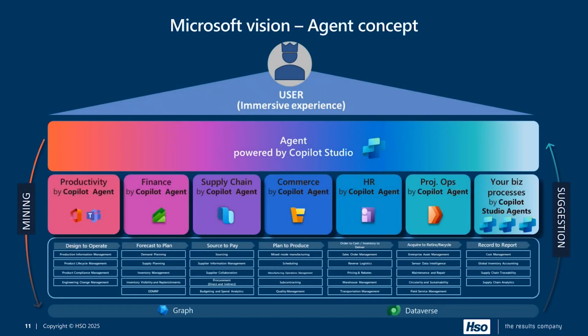So the layer, as Microsoft sees it in future, will be like this, where we still have our high-level business processes designed to operate, forecast to plan, etc., supported by the tools you'll be familiar with: Microsoft Finance, supply chain management, HR, all of those kinds of things. But over the top, more and more, the data will be mined and the suggestions will come back up to the agent layer. So you're able to operate much more efficiently and quickly,